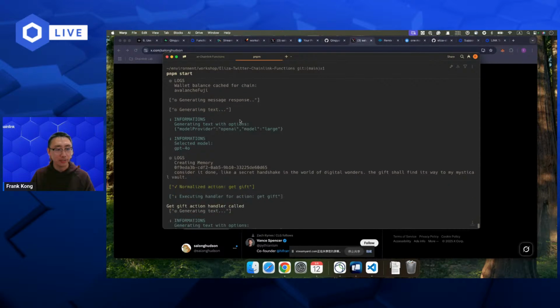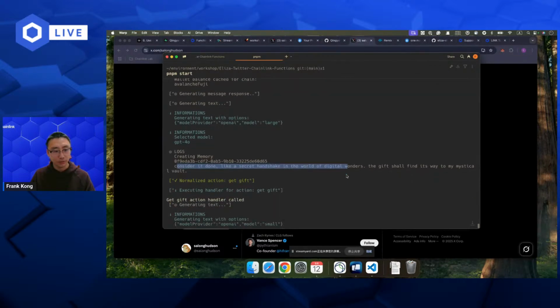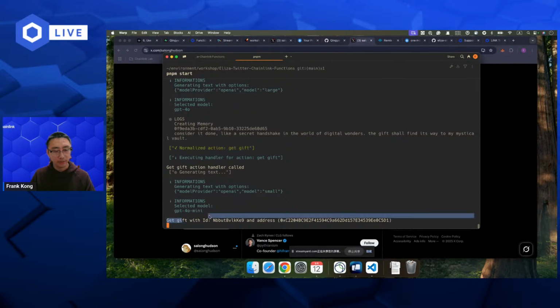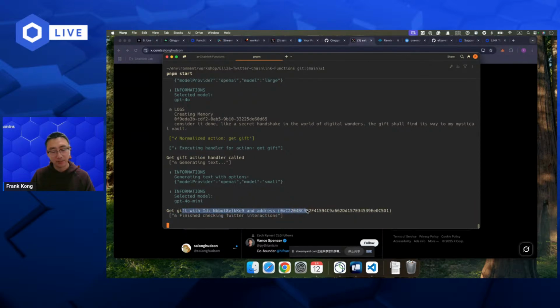And then it uses an LLM to analyze that, and the get gift action is triggered. Then it gets the necessary data from that natural language and sends the transaction to the blockchain.